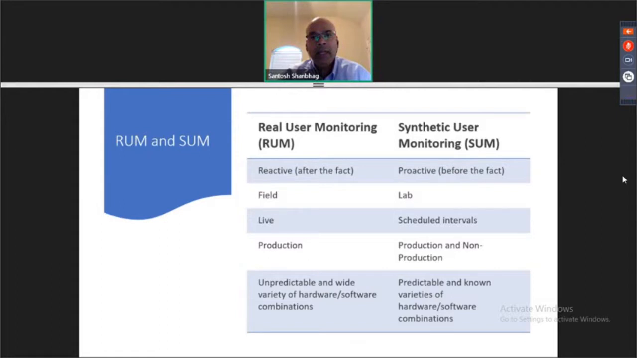So a discussion on web performance would not be complete without understanding what RUM and SUM are. RUM is real user monitoring and SUM is synthetic monitoring. RUM collects real-time data from your browser using JavaScript hooks and web APIs, and it sends the data to a backend server. It's live and in production,